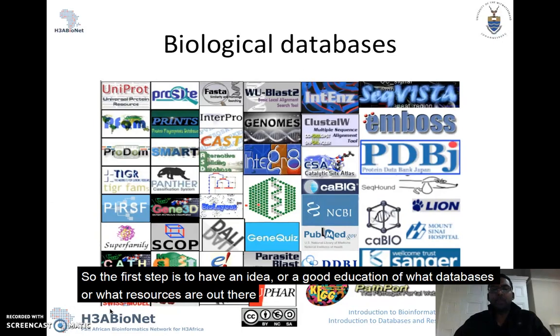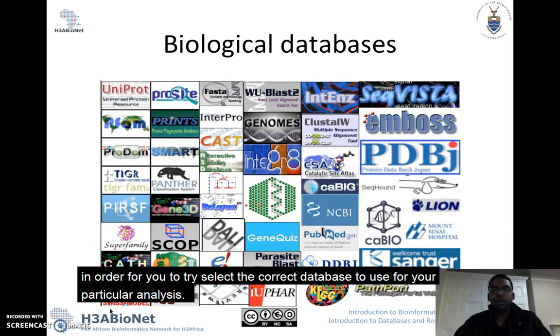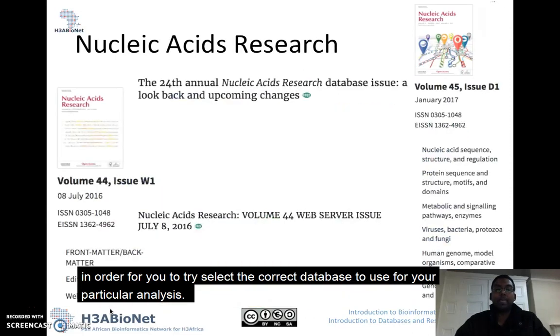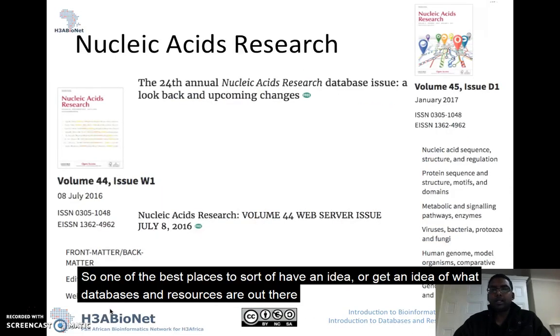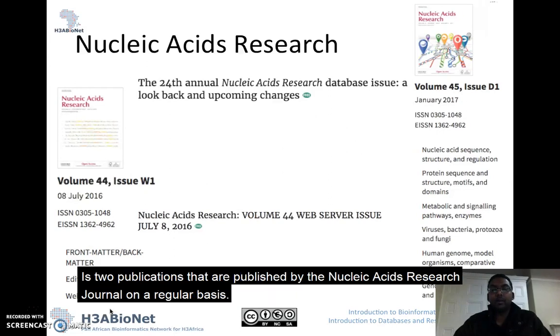So the first step is to have an idea or have a good indication of what databases and what resources are out there in order for you to try and select the correct database to use for your particular analysis. So one of the best places to get an idea of what databases and resources are out there is two publications that are published by the Nucleic Acids Research Journal on a regular